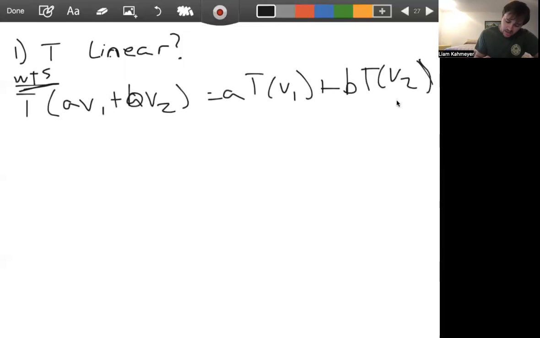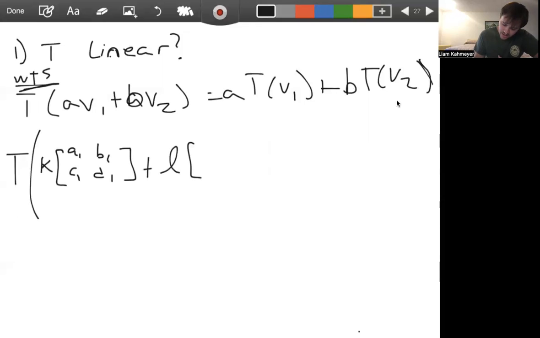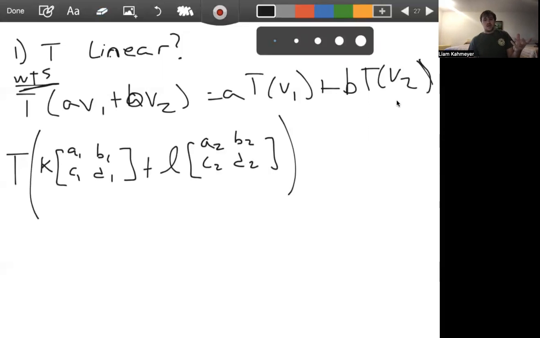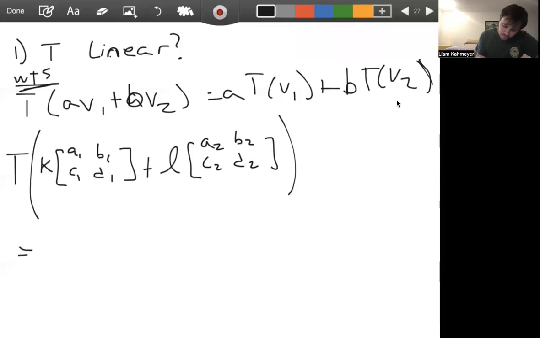So let's do that. Let's not use A and B. Let's say here we want T of K times one element of the domain, so let's call that A1, B1, C1, D1, plus L times A2, B2, C2, D2. We need to show that this is equal to K times T of A1, B1, C1, D1 plus L times T of A2, B2, C2, D2. So what is this? Well, this is T of